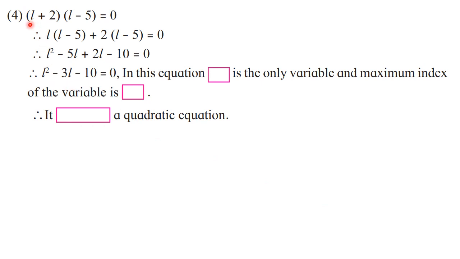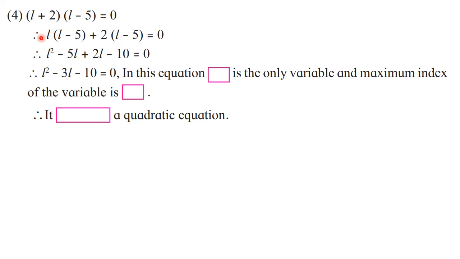So see, in the textbook it is given like this only. So I have taken the complete thing. See, L plus 2 in one bracket and L minus 5 in the second bracket. So L is written here and the second bracket is written as it is. You know how to expand it now. If you know how to write it directly, then you can skip this step also. Like somebody is doing L into L, L square. L into minus 5, minus 5L. That way also you can do, you can skip this step.